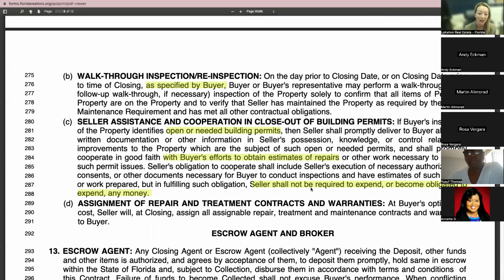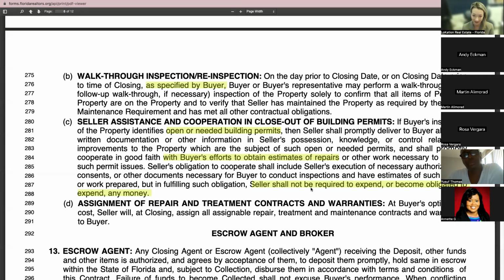So maybe they do a whole kitchen without permits, and now the buyer needs to get permits on this property, and permits after the fact are much more expensive than getting permits before you do the work, which means now the buyer is going to have to pay for probably double the cost of permit fees in order for them to obtain permits, get an inspection done, and make sure everything's okay, and then have that work signed off